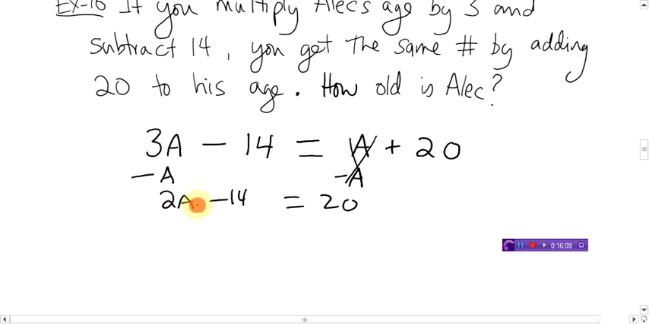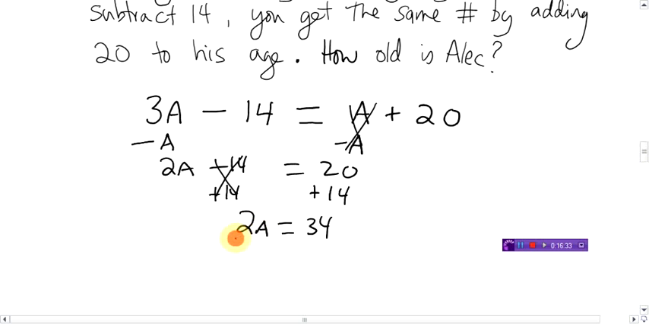Okay, what do you do here? Multiplying, subtracting. We do the reverse BEDMAS. Subtracting first. Let's add 14 to this side. Do the same to the other side. The 14 goes away. You're left with just 2A. And 20 plus 14 is 34. Now it's